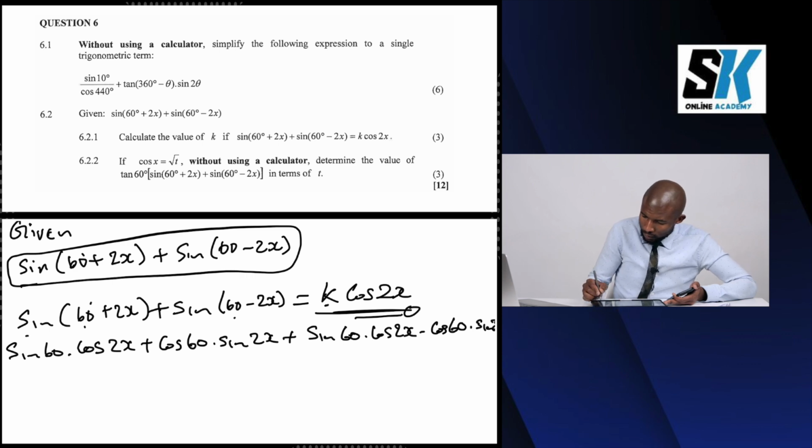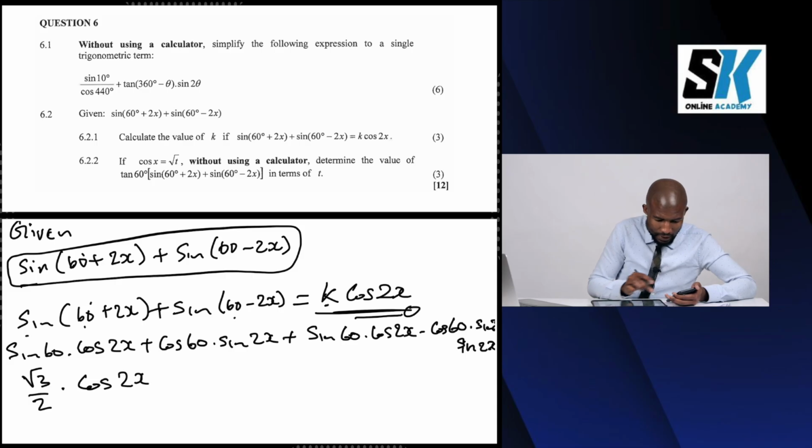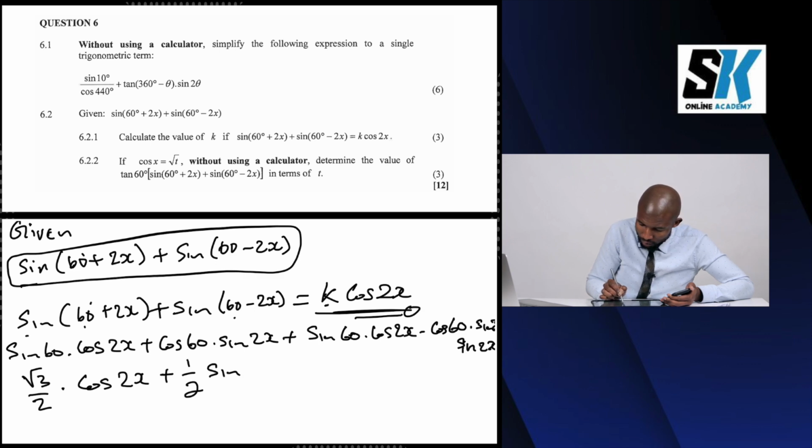Okay, so let me just write that on the bottom, sine 2x. So now sine 60 is root 3 over 2, so I'm just going to say root 3 over 2 times cos 2x, and then a cos 60. Let's check how much is cos 60. So cos 60 is a half, so it's going to be plus a half sine 2x, then sine 60